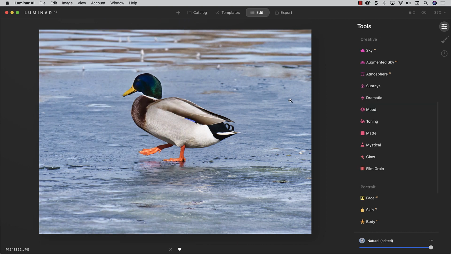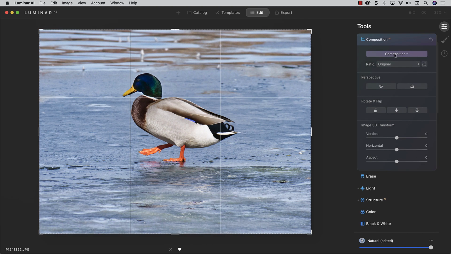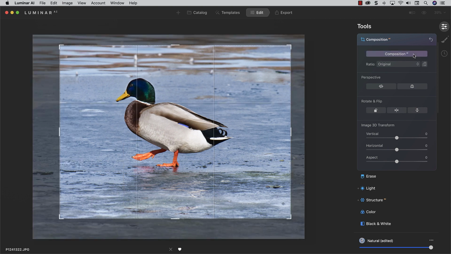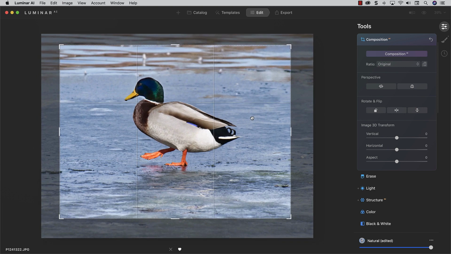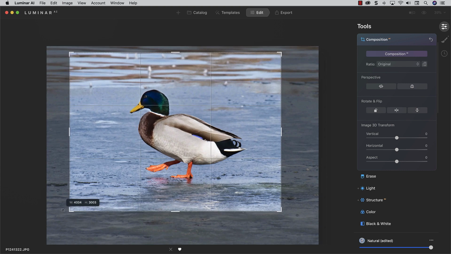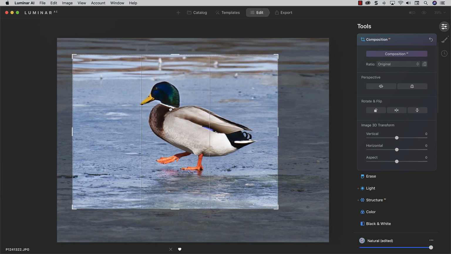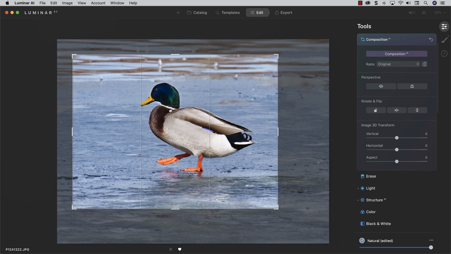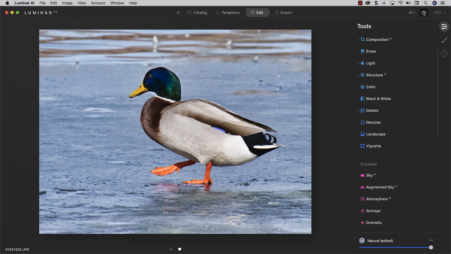Another thing I might do with this image is crop it. So you can click the C key, which brings you into the composition tool. If you click this purpley pinkish bar, it will do an AI crop for you. It will choose a crop. Let's see what that's like. Yeah, I think I'll use some of that crop, but I want to offset our little mallard in a different part of the frame to give him some place to go. When you're happy, just click the top bar. So before and after with crop.